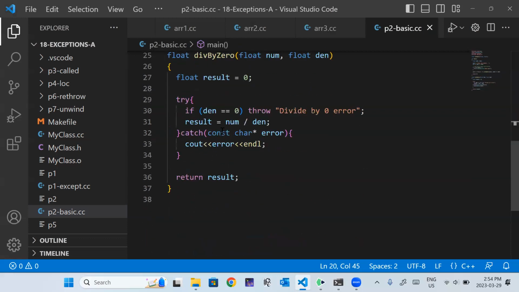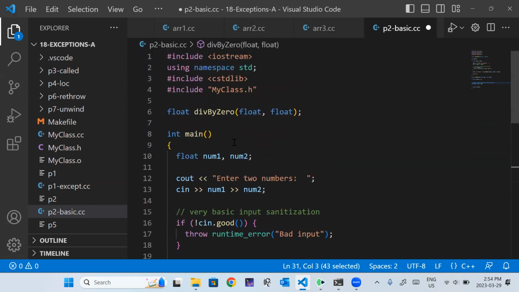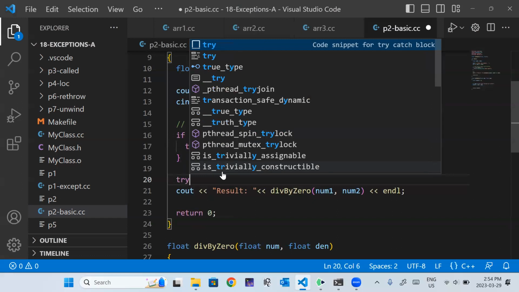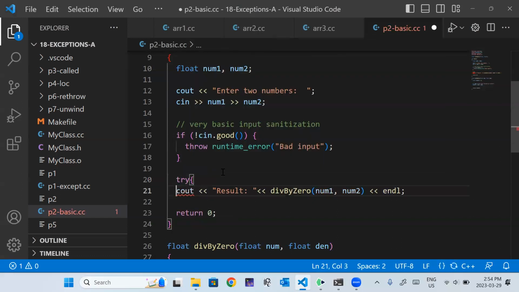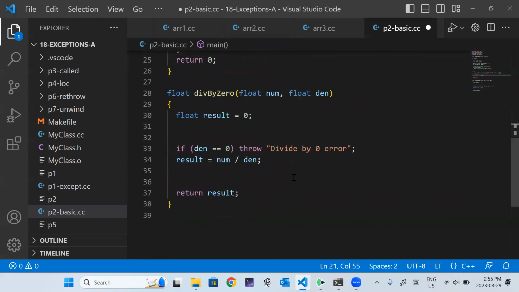Okay. At this point, instead of putting the try catch block here, I'm going to try something a little bit different. All right, so I'm still going to do some error checking here. And if I do get an error, I'm going to throw one. But now I'm going to put the catch block up here. So now this becomes the dangerous piece of code, right? It's the dangerous function call.